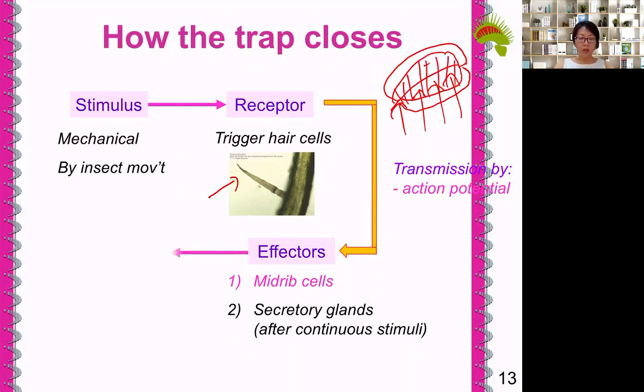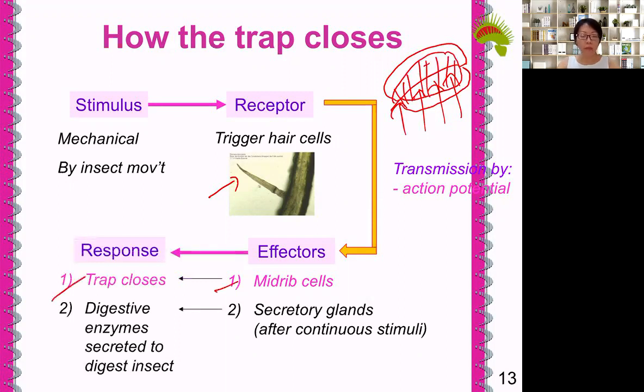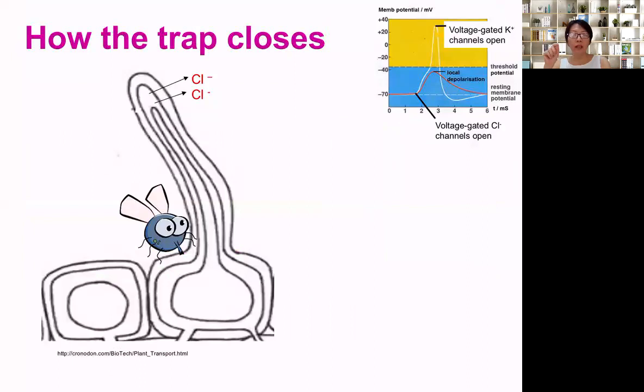Okay, so first, mid-rib cell, the response is the trap will close. So mid-rib cell will be activated to cause the entire two lobes to close together. Okay, and then after closure, then secretory glands will be activated to secrete digestive enzymes to digest the insect. Okay, now we're going to look at the detail. This is very interesting. The detail how